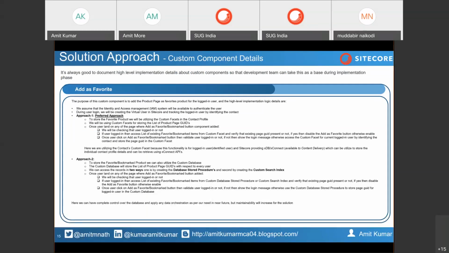You know that if you are on the content delivery, your master database is not accessible, right? So in those cases, you cannot push the data to the master database, but there are ways to push it, though it will be available to the user only when the content is published next time. Also, for each and every insert into the master database, you cannot publish the content, because if you publish very frequently, all the cache items and everything will be lost, right?